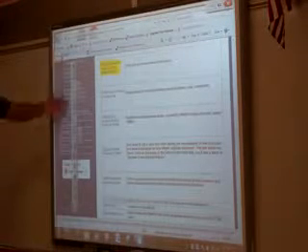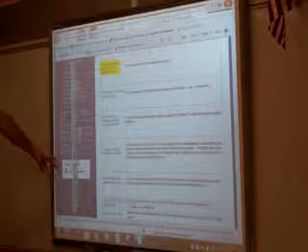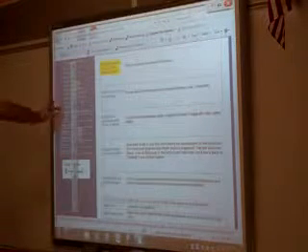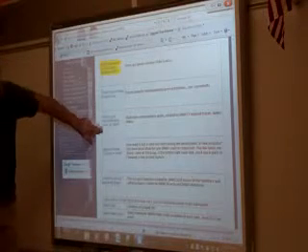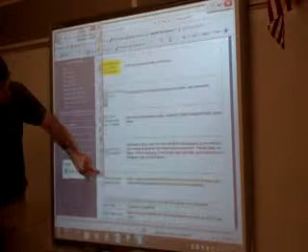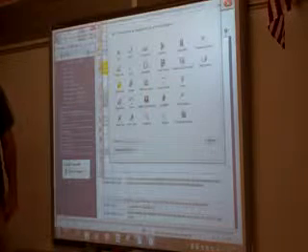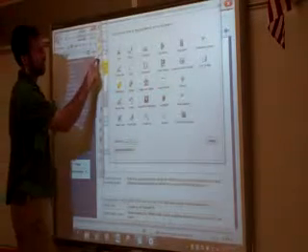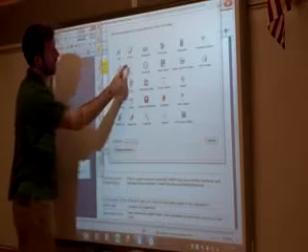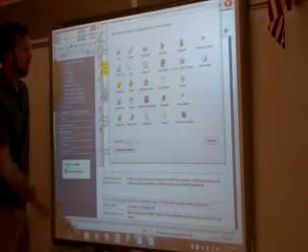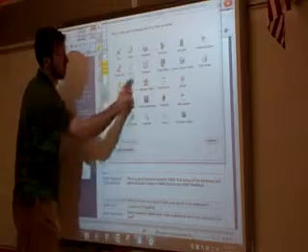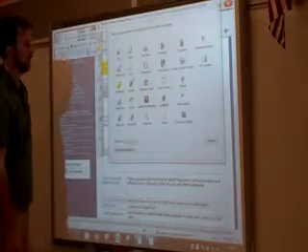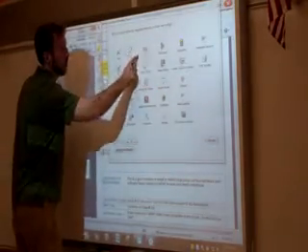So we've got lots of neat tools right here on our floating toolbar, but maybe we don't want all of this on there, or maybe we want some other things. If you click on the little customized cog right here, you see all the different options that you have available to you. Let's say I don't want to have an on-the-fly screen shade, so I drag that out of there. I don't want to have the lines, so I drag that out of there. I do want to have a shortcut to my keyboard,